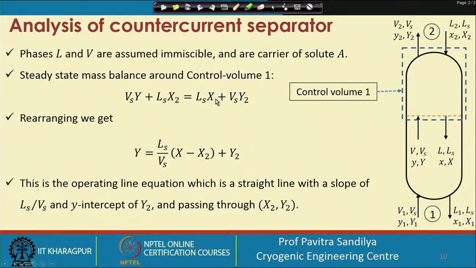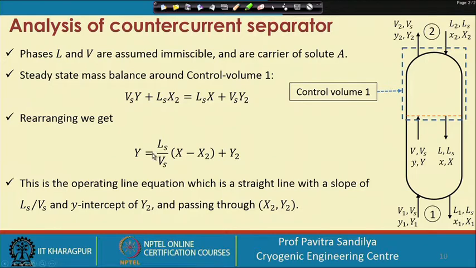Now, of course, please understand that we can also put this in terms of mole fractions. If we put it in terms of mole fractions, then we have to use the total flow rate. Because Ls and Vs are constant, we can rearrange this equation. We find that this is the mole ratio in the V phase and these are the mole ratios in the L phase, and this is the terminal mole ratio in the V phase. Because Ls and Vs are constant, this Ls by Vs is also a constant. So, the slope is a constant.